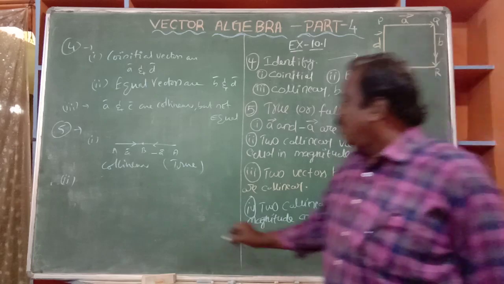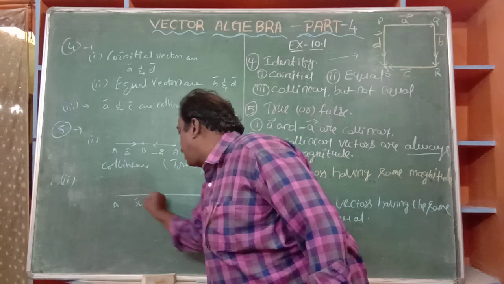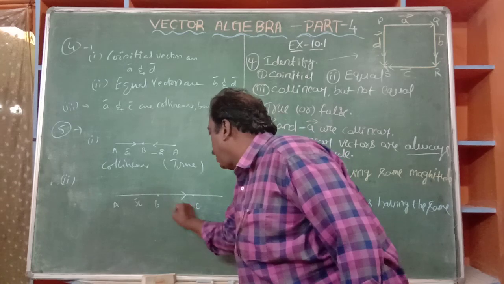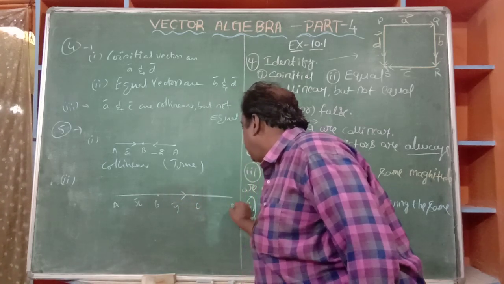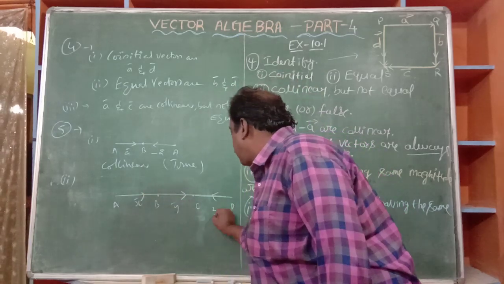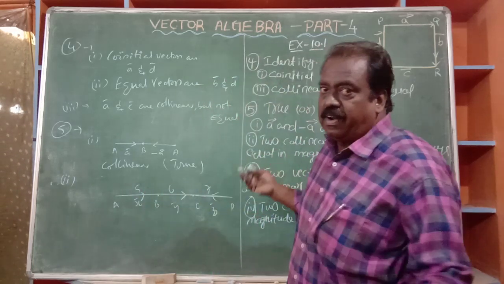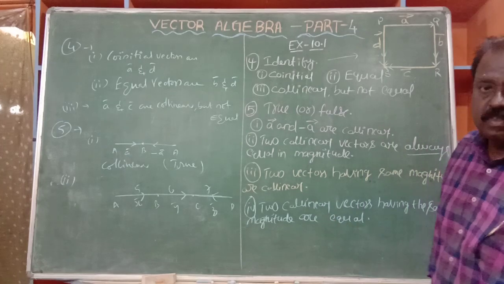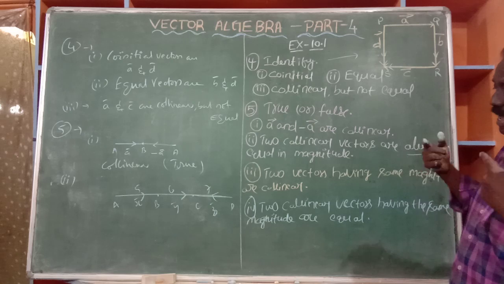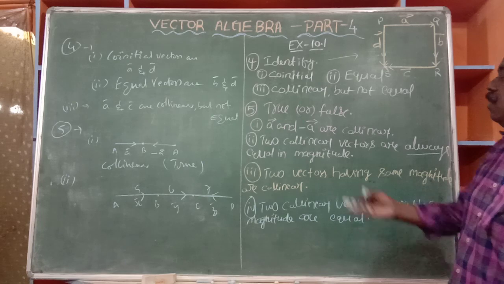Already I told you, collinear vector means, for easy understanding, this is AB bar, X bar, and this is BC bar, Y bar, and it is DC bar, like this. DC bar's direction is reverse. It is Z bar. Suppose it is of length 5 units, 6 units, 7 units. It's a different one. Whatever it may be, irrespective of magnitudes, their lines of directions are lying on the same line. Now they are collinear.